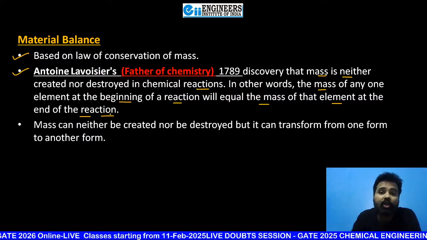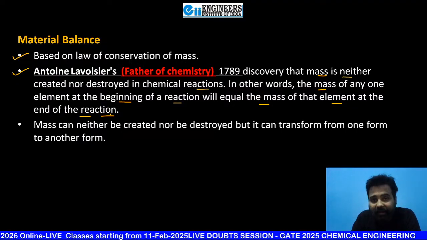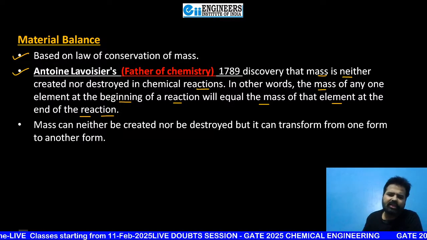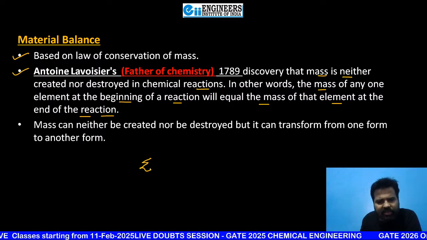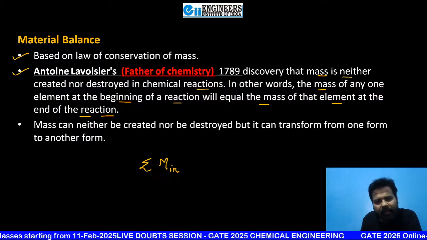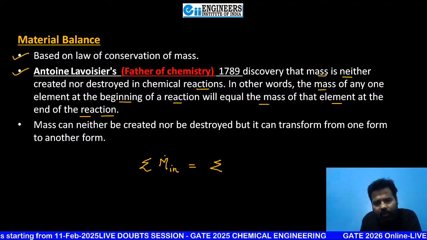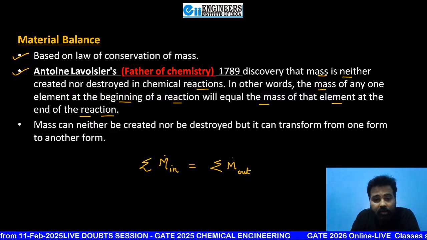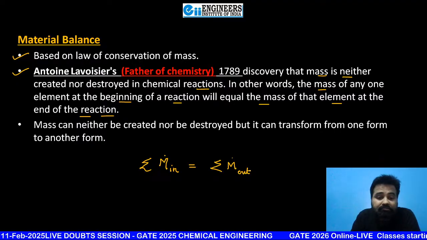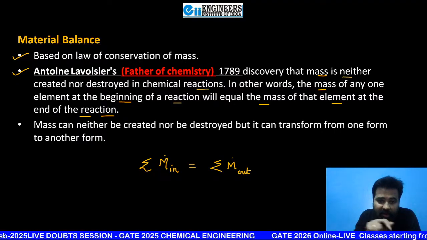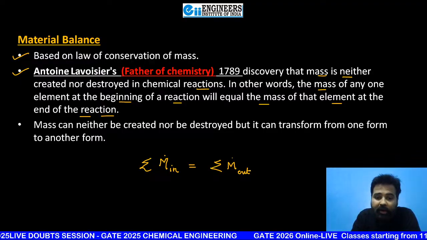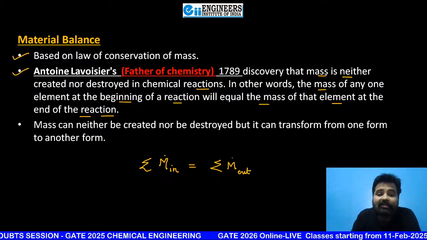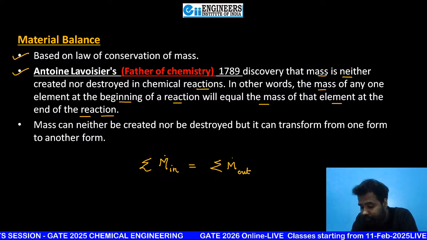That means you can't destroy mass, you can't create mass. So in any type of process, whenever you write the summation of mass inputs, it will be equal to the summation of mass outputs. But it can sometimes be wrong. The thing that I wrote mathematically, summation of m dot in is equal to summation of m dot out, may be wrong. Can you tell me when this is wrong?